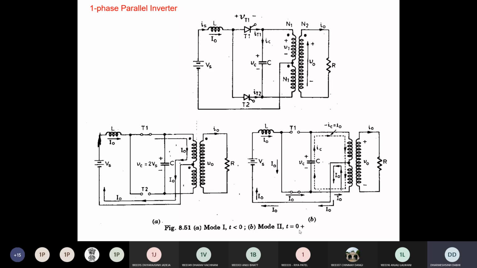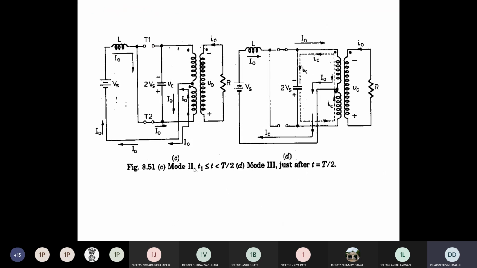Mode 2, t is equal to 0 plus. At this instant you fire T2, and at that instant your capacitor commutates your T1 by reversely applying the voltage. This is mode number 2, between t equal to 0 and t by 2. In that interval your T2 remains conducting, but at this time your capacitor is fully charged,